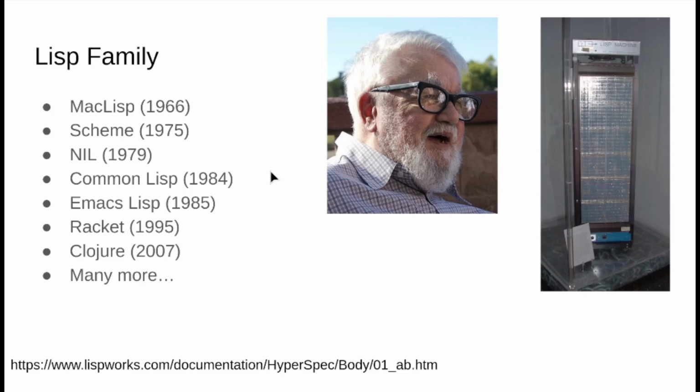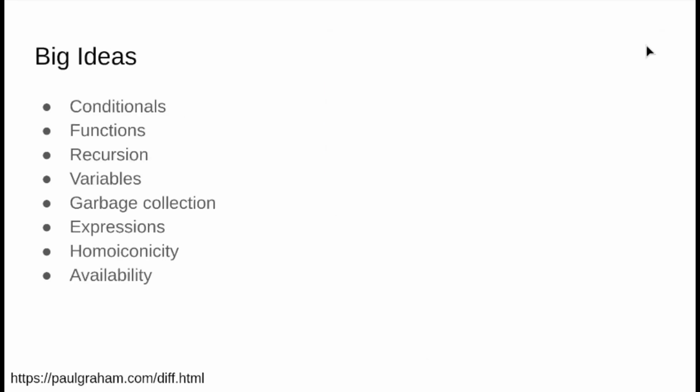It did, however, become widely used in the AI community, and Common Lisp was ultimately designed to standardize some of the family here. It took a lot of inspiration from Scheme and Mac Lisp, and it was hoping to also increase portability and accessibility. Just an interesting thing here, I have a picture of a Lisp machine. You can kind of read the title there, and that's a piece of hardware that was specifically designed to run Lisp code. These are not very common anymore, but in the early days of Lisp, that was a thing.